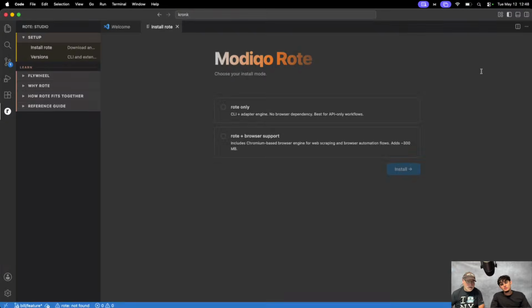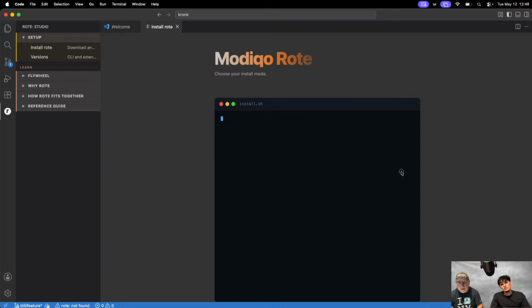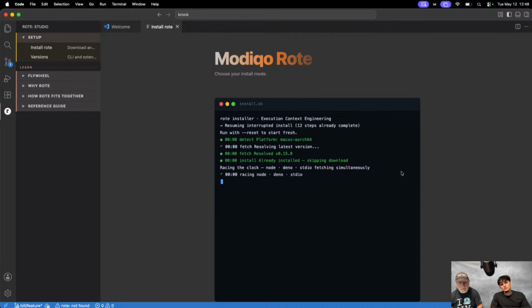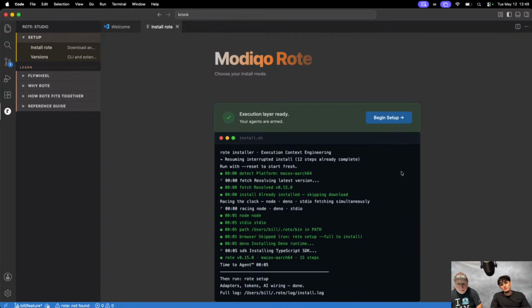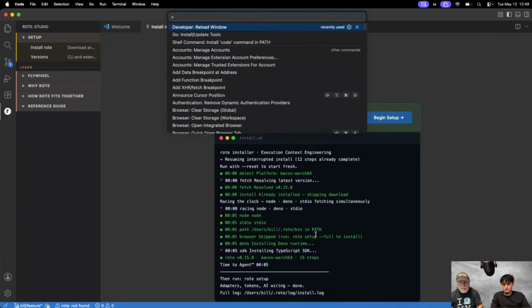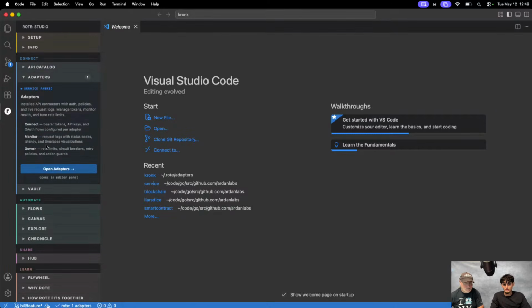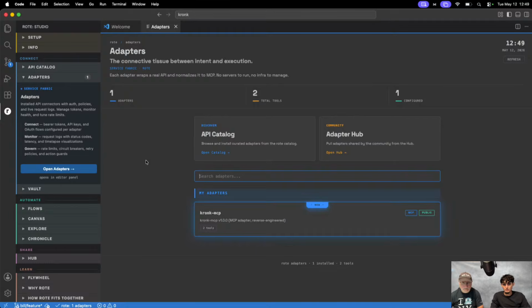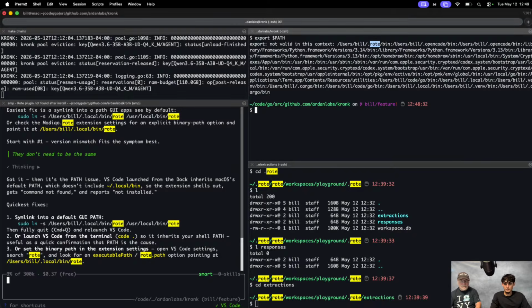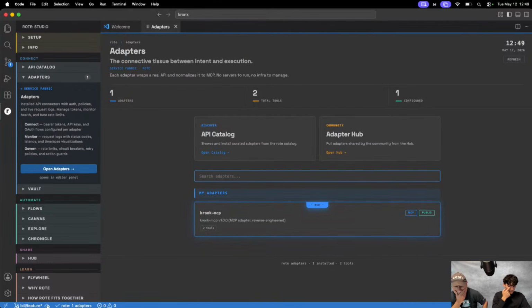Okay. We could just do this. I mean, what do I care? I already have it installed. So it might just be installing it somewhere else. Look, full log users bill. Oh yeah, it's adapter. So it did. For whatever reason, I had to just do that.